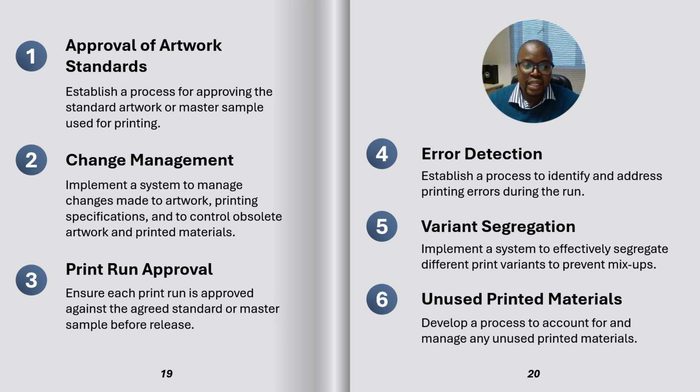Now let's look at change management, where the requirement is that the organization shall implement a system to manage changes made to the artwork and printing specification, and to control obsolete artwork and printed materials. What examples could be discussed here? We could look at a company that implements a change management system where any modifications to the artwork or print specification are documented and approved by a cross-functional team, where each of the departmental heads, for example,